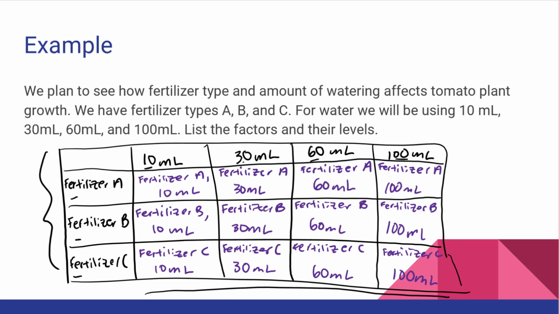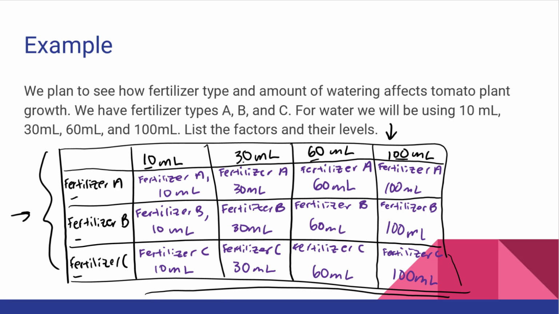Whenever we're asked to list out the factors and their levels, the best approach to take is always to make a table. So that's what I've done here. As you can see, our rows show one of our factors, so fertilizer type. And then our columns are our second factor, so amount of water. And then everything in purple here is our different treatments. So a group of plants is going to get this treatment right here, so fertilizer type A with 10 milliliters of water. A group will get fertilizer type A with 30 milliliters of water, and so on